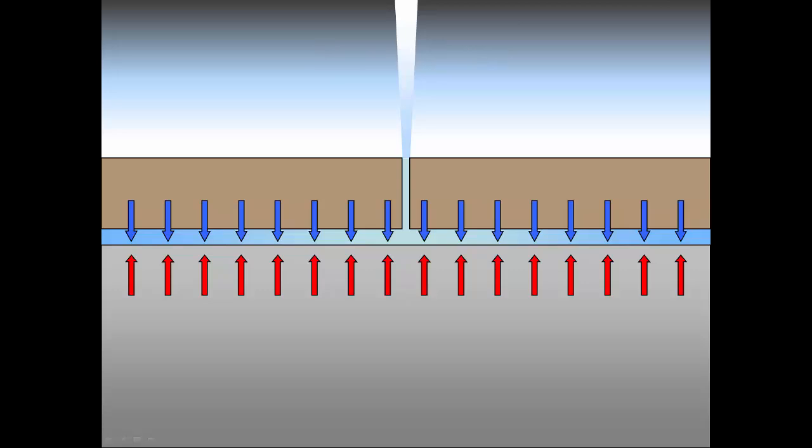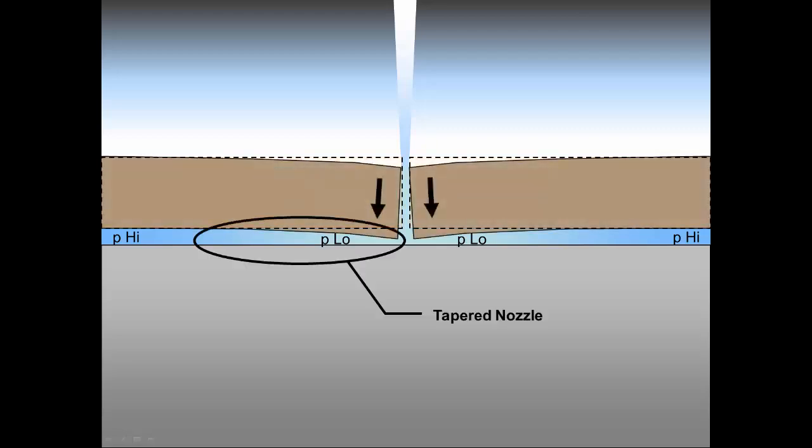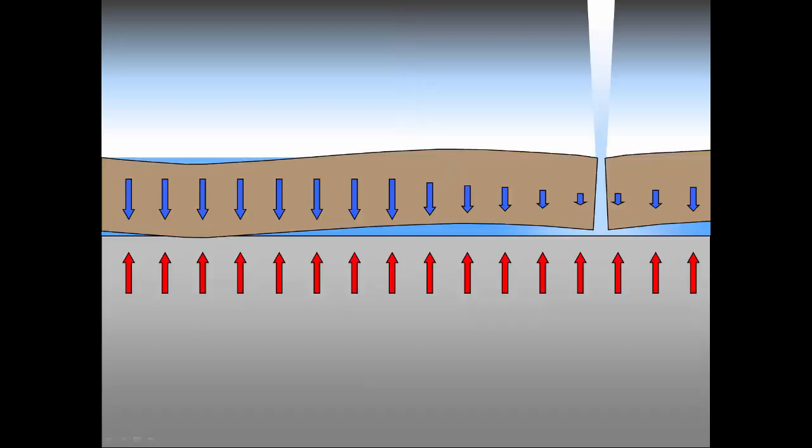The pressure of the water near the crack would drop. Since the pressure in the middle of the granite plate would be very high, while the pressure at the crack would be very low, this would cause the edges of the unsupported granite to bend down, creating a tapered nozzle at the crack. Remember, most of the weight of the granite was carried by the pressurized waters.